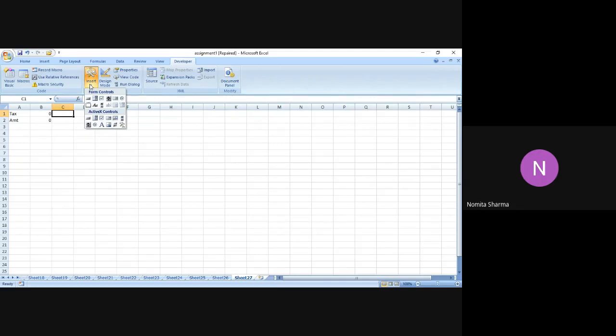So they have done only 2 command buttons over there in your syllabus. They mentioned spin buttons and command buttons only. But as you see on the screen, there are more options that we have, and we'll try those as well, but one by one. So let's start with the spin button to start with.